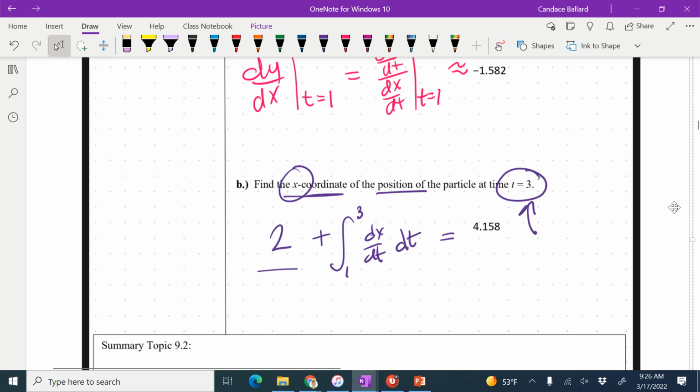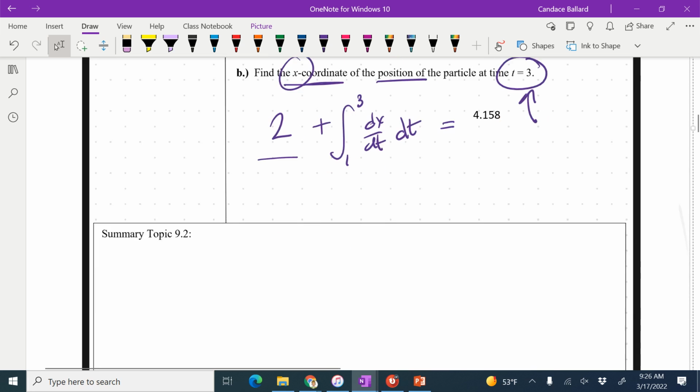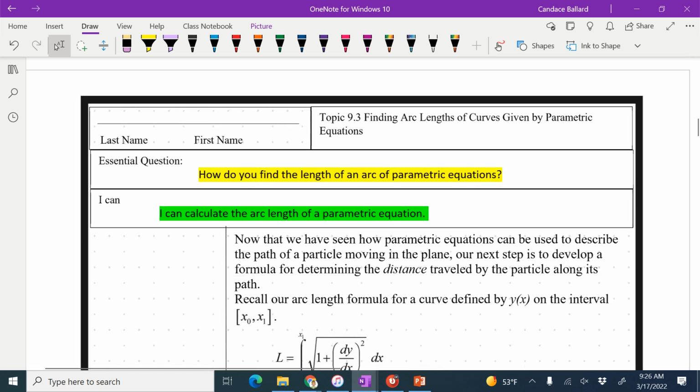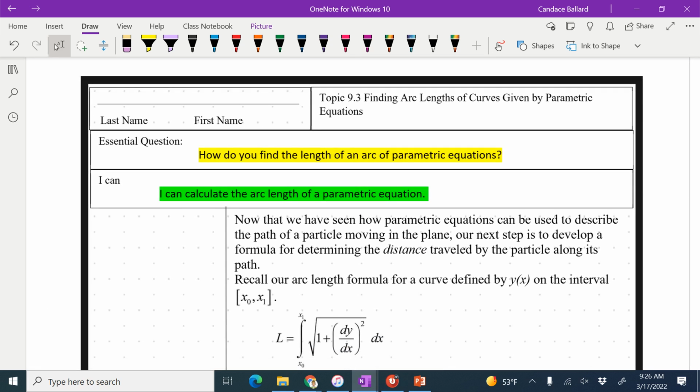All right, so that finishes up topic 9.2. All right, and I know that I put an assignment out there. I put answers out there, good, better answers to that first assignment from 9.12. All right. So we're going to look at 9.3, and literally there's only like 2 examples to this. I think it's going to take us